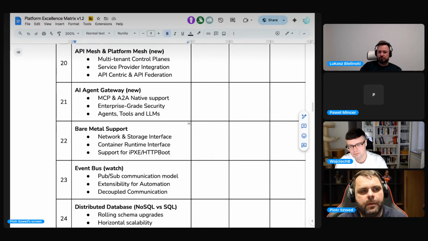In the case of API mesh, platform mesh, there's actually the possibility to skip all the manual or semi-manual work. We don't need the SREs, we don't need the platform engineers to work with Confluent to extend our platform with Confluent services. We can somehow automate, we can mesh all the APIs in a way so Confluent services can be available for our platform, but without any extra work needed on the SRE and DevOps side, right? That's what you mean?